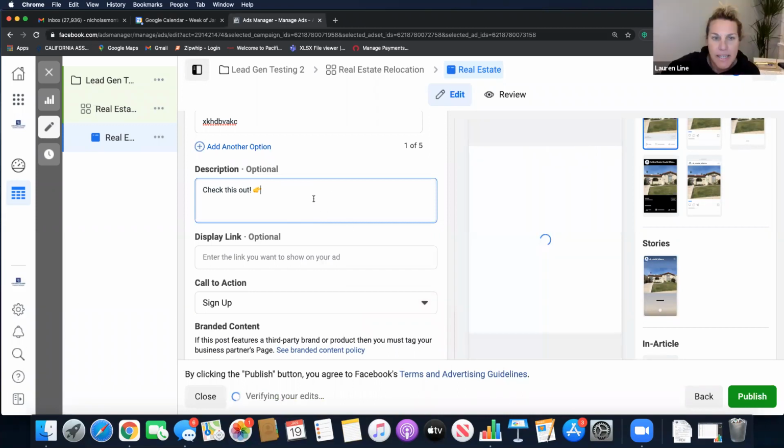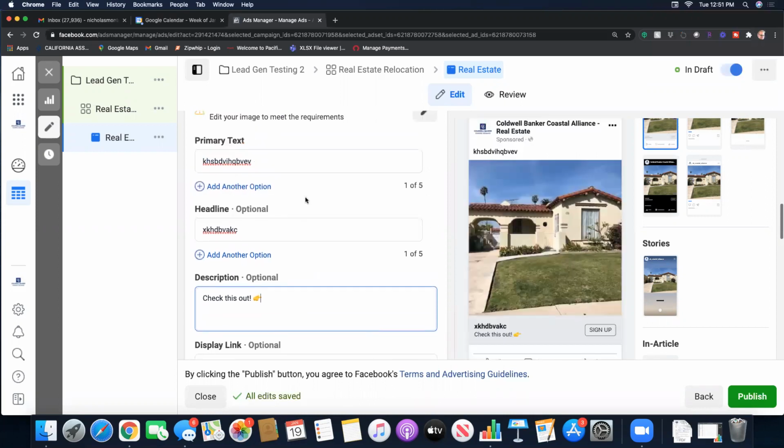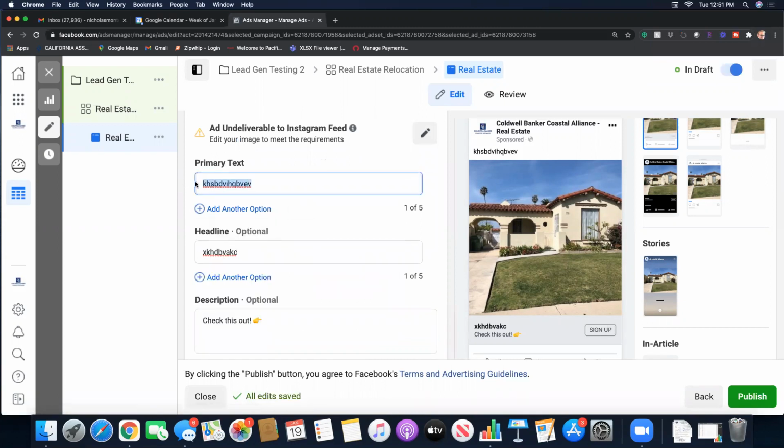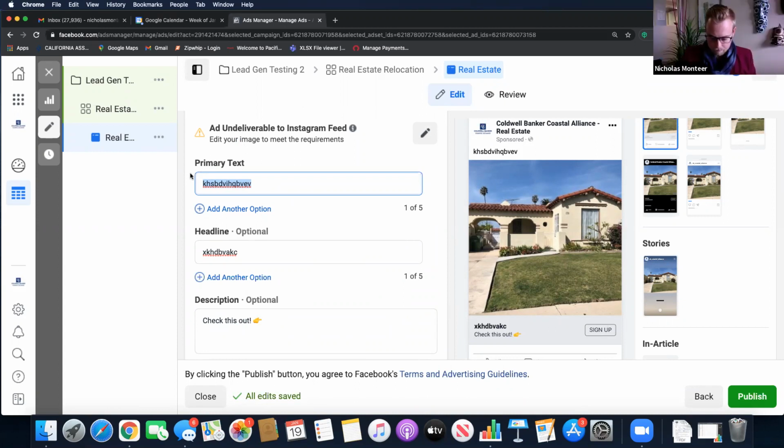What would be a good example of some of the things that you're typing in? Like, what would be a good example to put for primary text or headline? This is kind of where I get confused, not knowing exactly which route I should be going down here. So this is where you'd really want to have a good, clear idea of what kind of ad you want to create. If it was like Prop 19, I might say, "Looking to not pay higher taxes on your next move?"